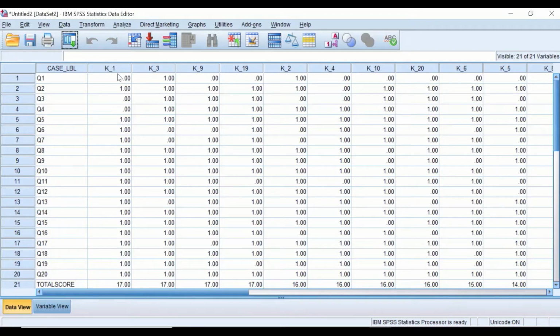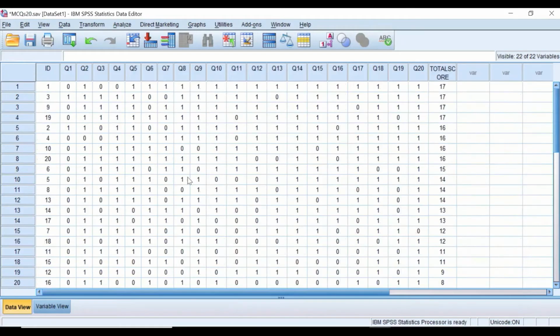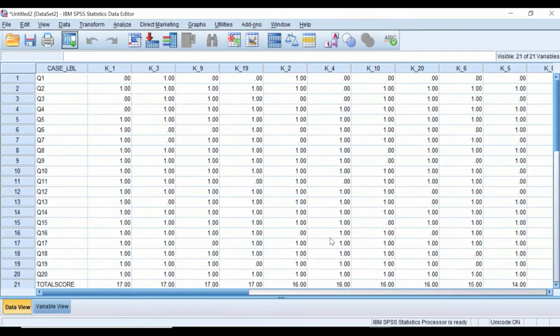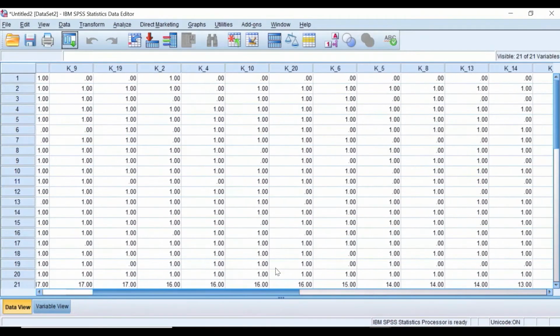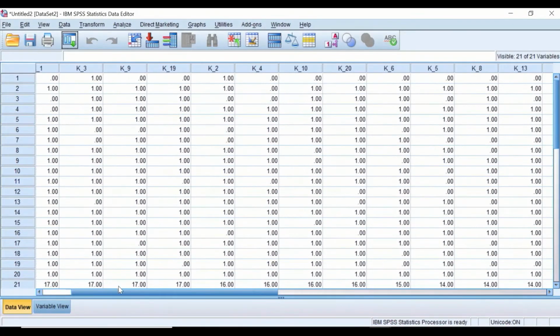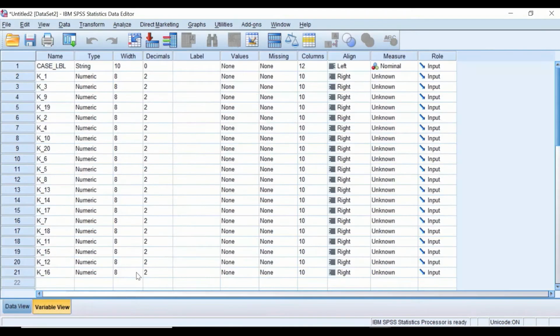Again, this is for question numbers 1, 3, 9, 19, and 2, similar to the original 1, 3, 9, 19. It's just that it has been transposed. I'm going to do a little bit of editing here as the width of the column is large, so I'm going to reduce it a little bit. First of all, I'm going to change the decimal into 0